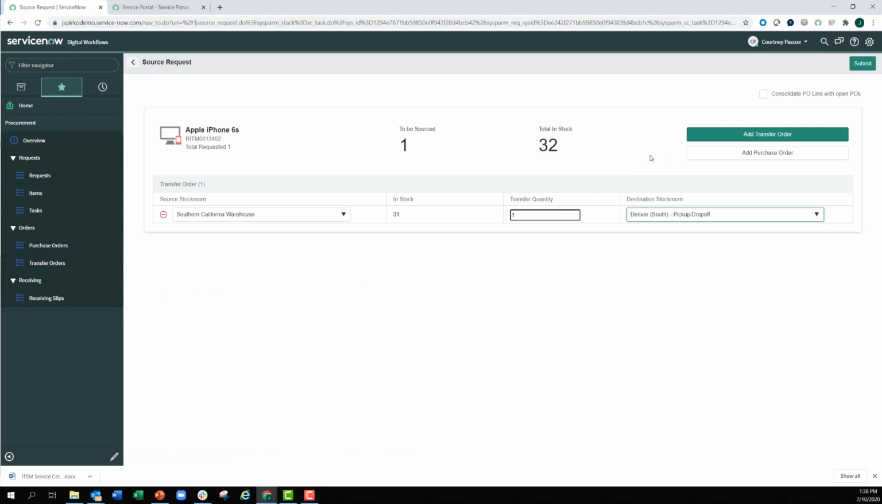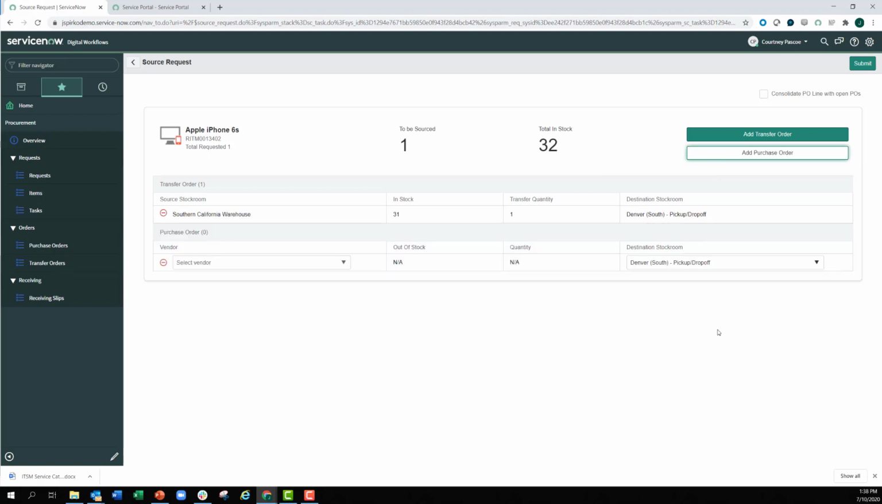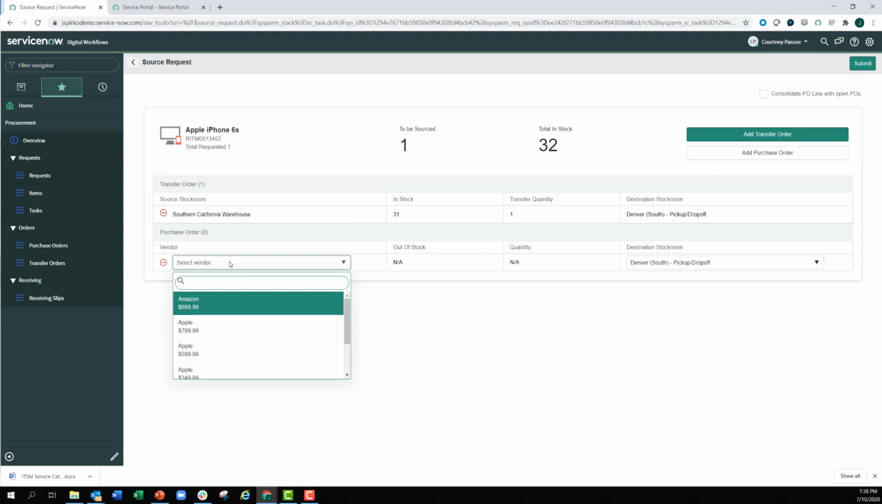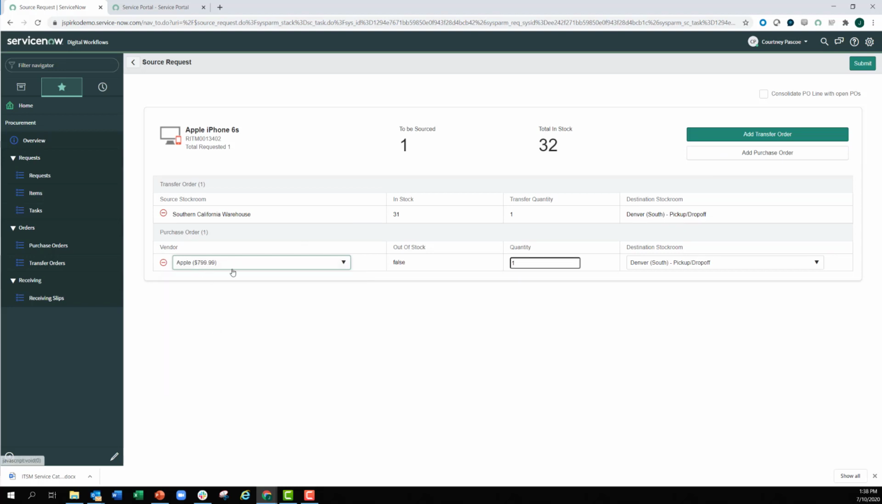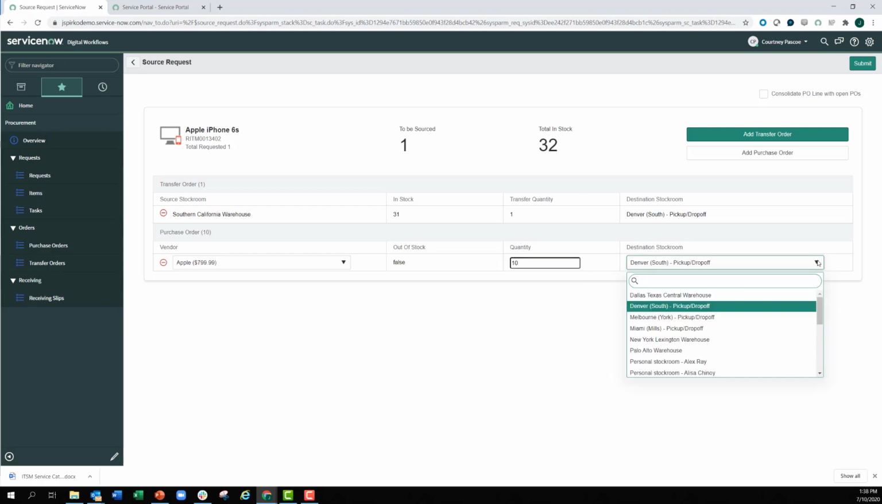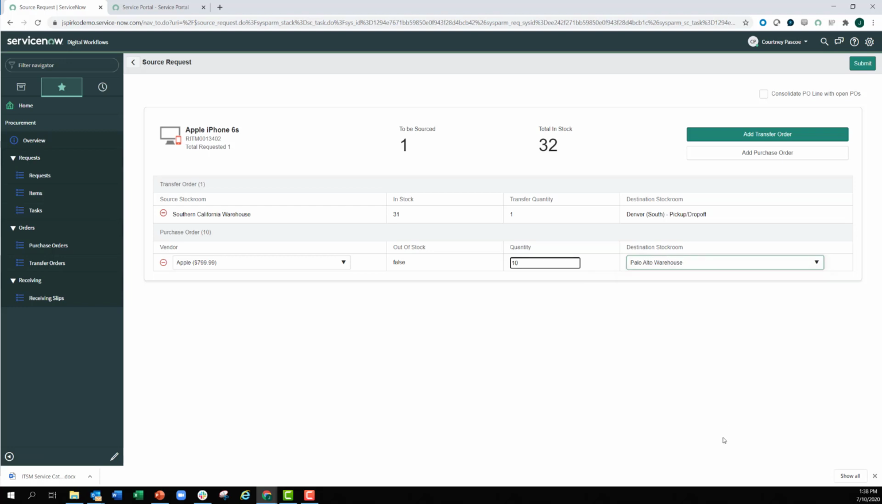Now, what I could have done alternatively, if I didn't want to use the warehouse, is add a purchase order. And what the purchase order would do is, okay, I can go to Apple, to the vendor. These are not out of stock, but I still want to order 10 of these. And what do I want to do when these come in? I want to go ahead and put it in the Palo Alto warehouse. Okay, so you have the option of either creating a transfer order or a purchase order from these tasks. And then what will happen is once I go ahead and submit this,